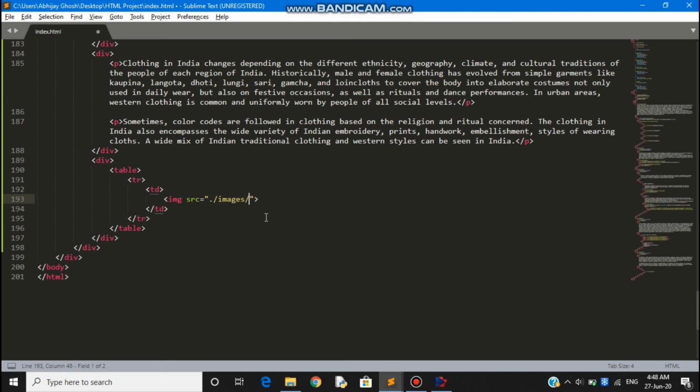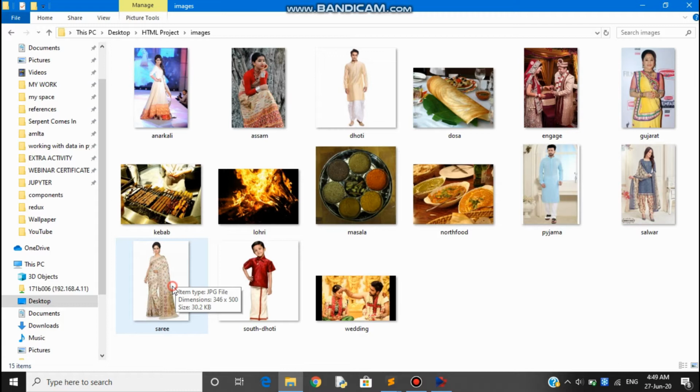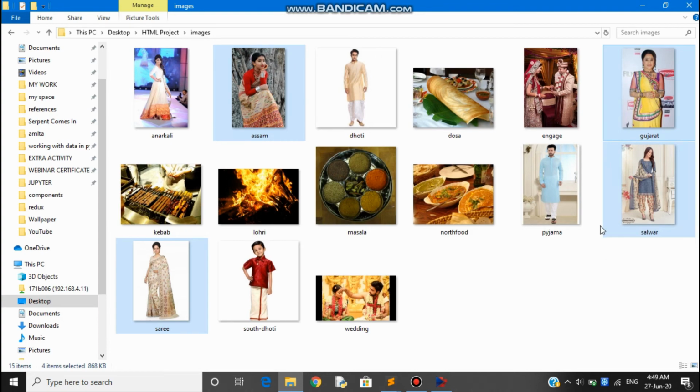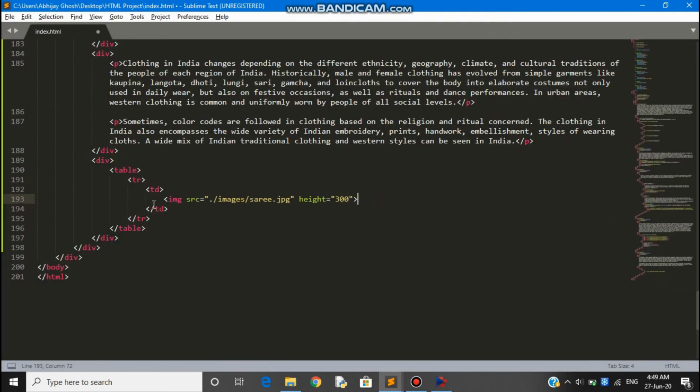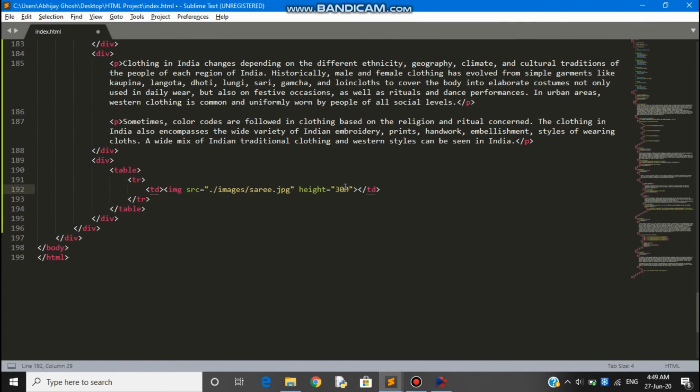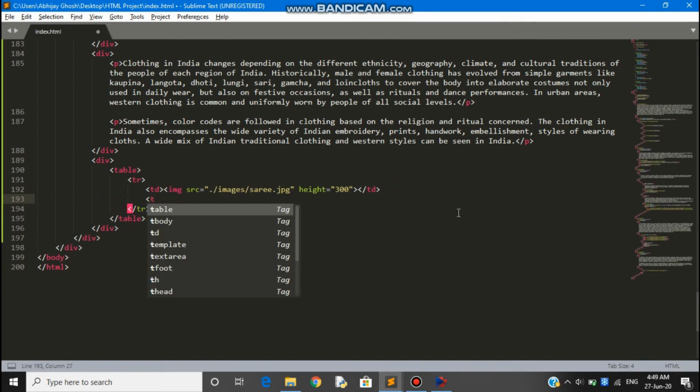Okay, so now in a similar way to what we did above for the food, we create a table which will contain table data. We have 8 images, 4 for each row, and each of them will have a description. So we'll do the first set of images, which will be sari.